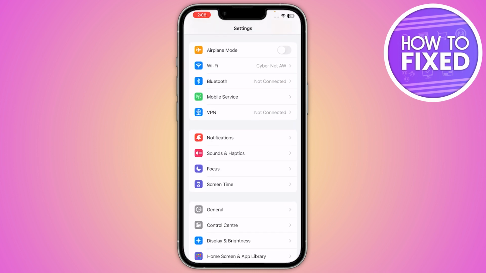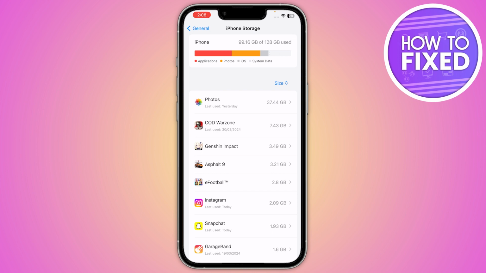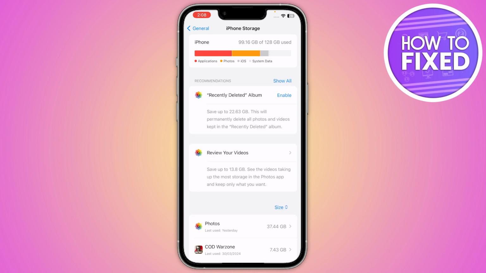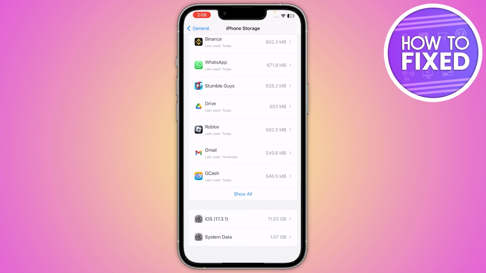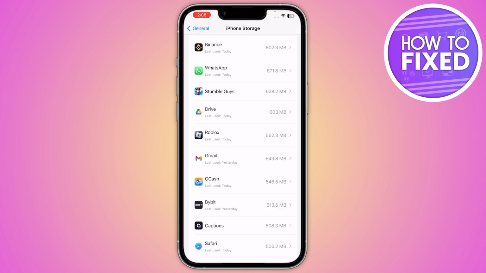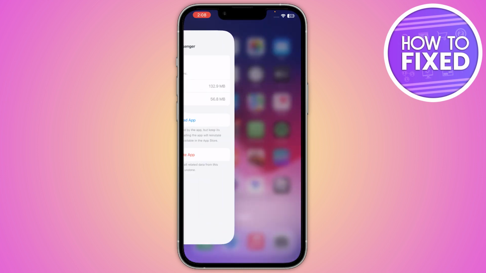From here you have to scroll down and go into your general. Now from here you have to go in the iPhone storage, and if you are in the Android you have to go into your app management settings. From here you have to scroll down and go into your Messenger. Now here is the option to offload the app, so you just have to click on it, and in the Android you have to clear the cache, and after that you just have to go back and open up your